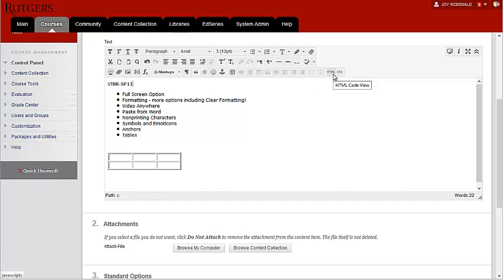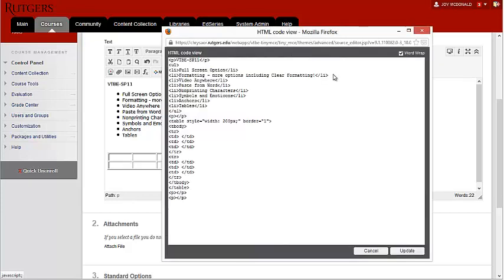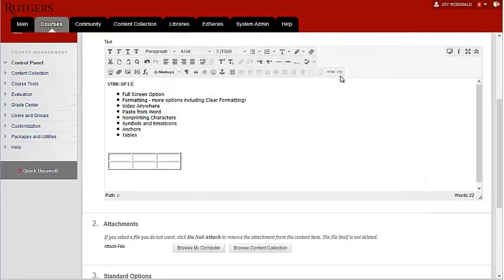You still have the option to access the HTML code if you wish, as well as this new CSS option. So this is just a brief overview of the new Visual Text Box Editor. Again, some of the great options include the Remove Formatting option, full screen over here at the top right, as well as the ability to record directly using